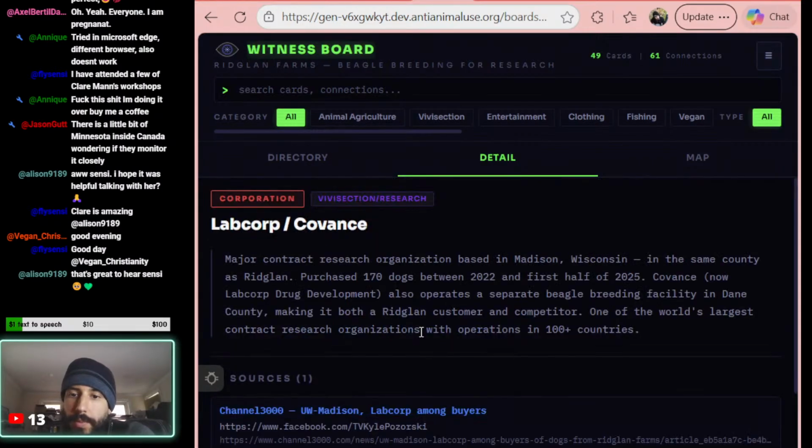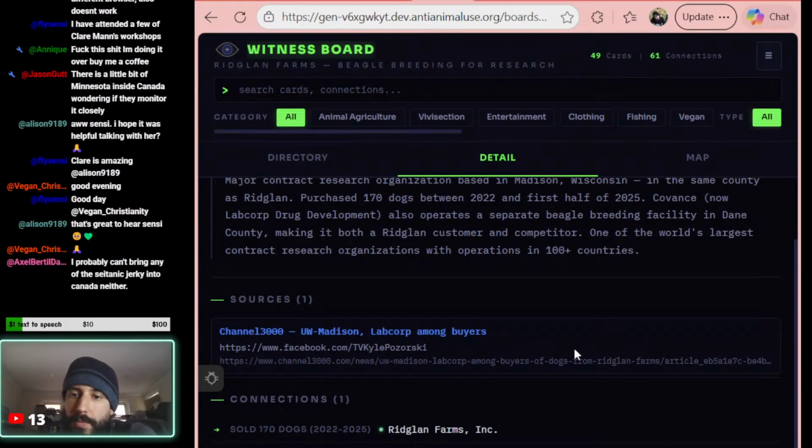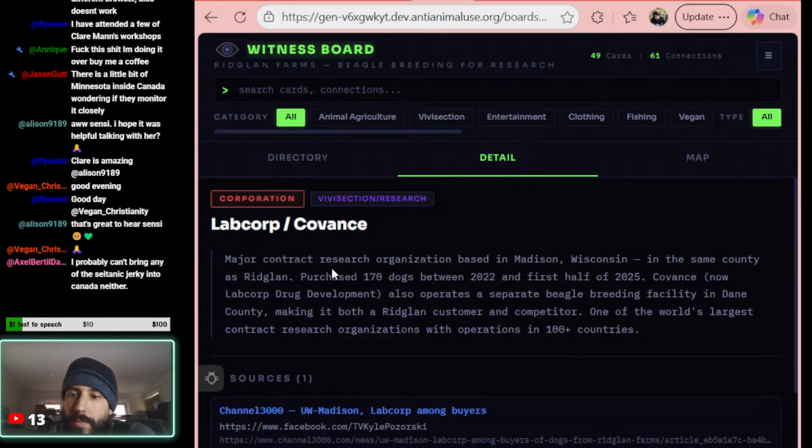So yeah, LabCorp. Let's see what they say about this. Now LabCorp is based out of Madison, Wisconsin, which is where Ridglan is. It's in the same county as Ridglan. I thought they were in New Jersey.